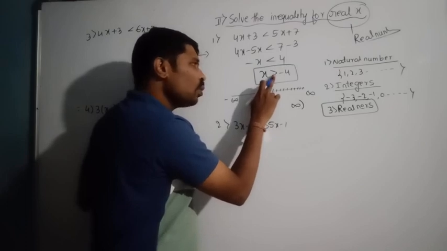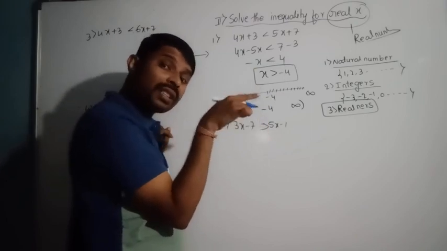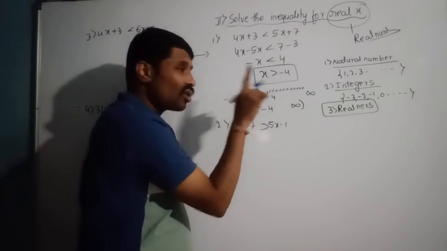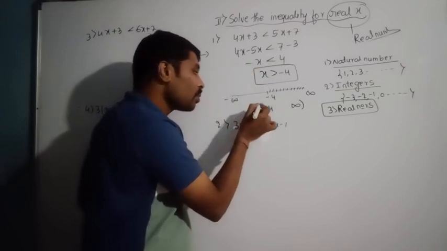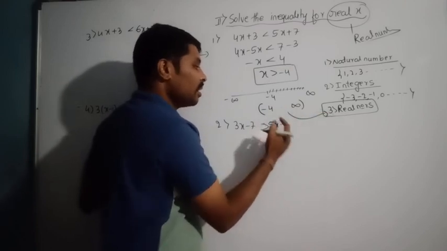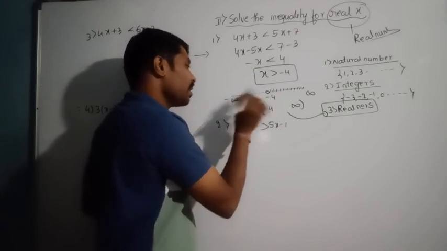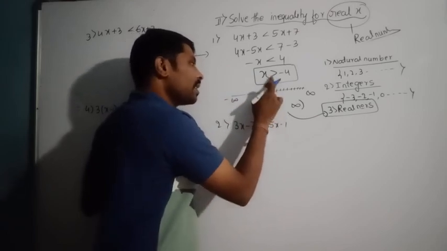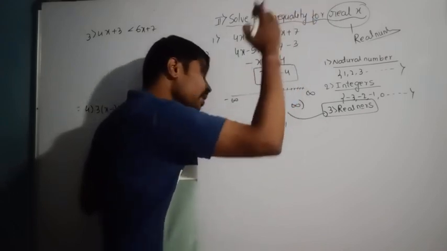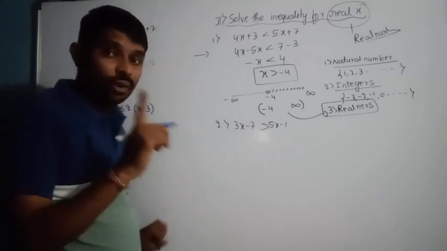Minus 4 is included or excluded? If equal to is there, it means included. Strict inequality is there, so minus 4 is not included. Whenever it is not included, open bracket. So this is the real number notation. This is the number line. So to write this, greater than minus 4 means minus 4 से लेकर infinity तक, but minus 4 is not included. देखो